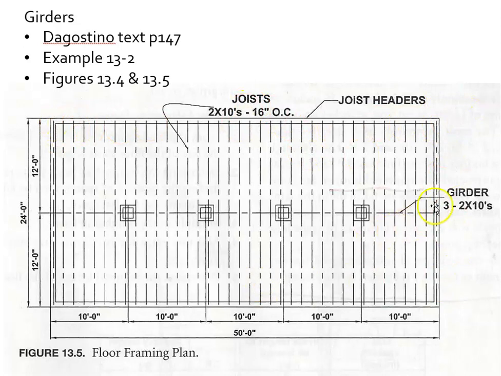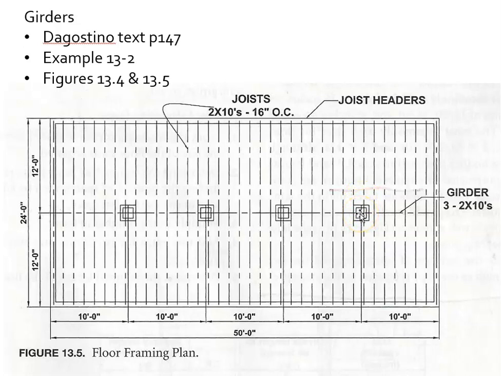Foundation wall around the outside, a triple 2x10 girder coming across the entire way. It is breaking probably on these columns or piers. So we have 1, 2, 3, 4, 5 10-foot segments that make up this girder. And these are called bays. So the space in between the